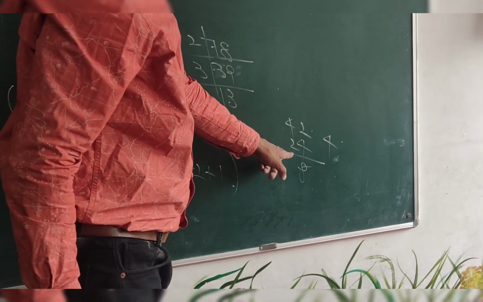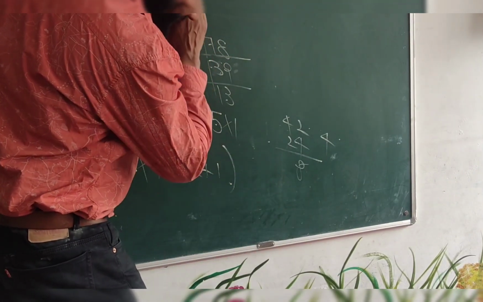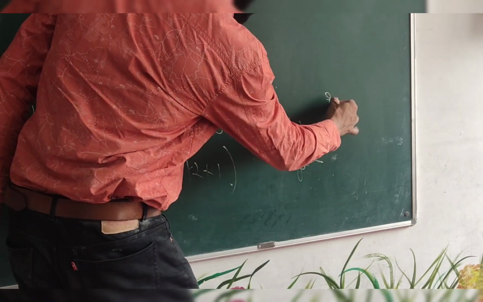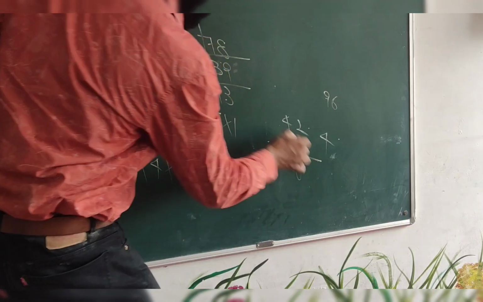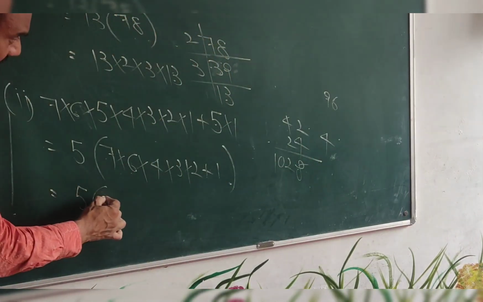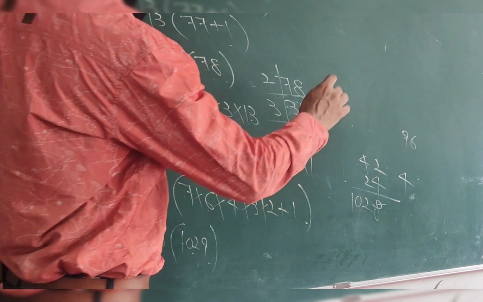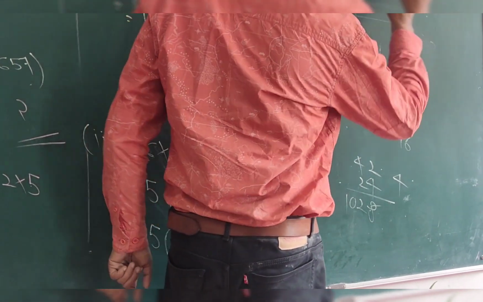And 48 times 2 is 96, and plus 4 is 100, then 102, so which is equal to 5 times 1029. And the prime factors of 1029 are...